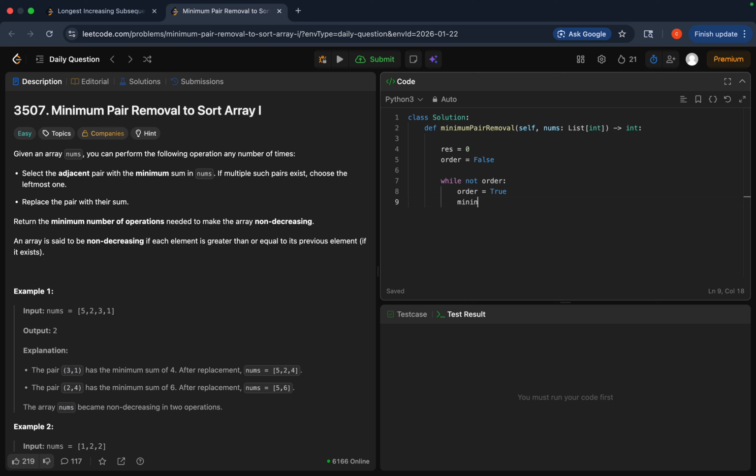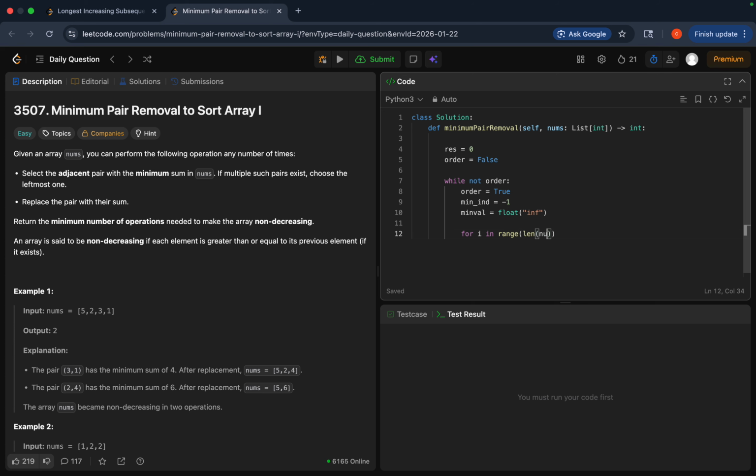Min index, we initialize that with -1, and min val will be positive infinity. Now we jump into the iteration of the array. So for I in range